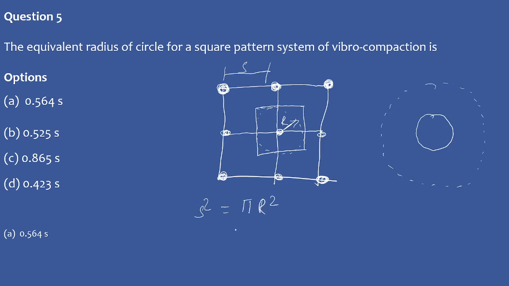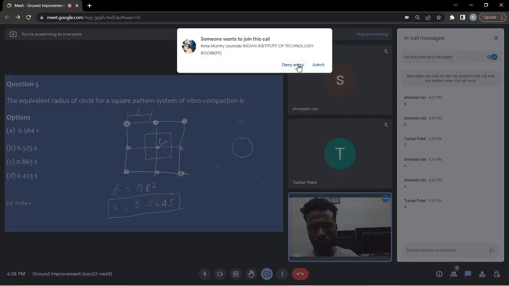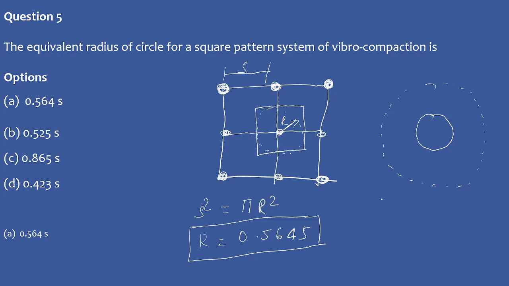So the relation between r and s is r equals 0.564 s, where s is the spacing between